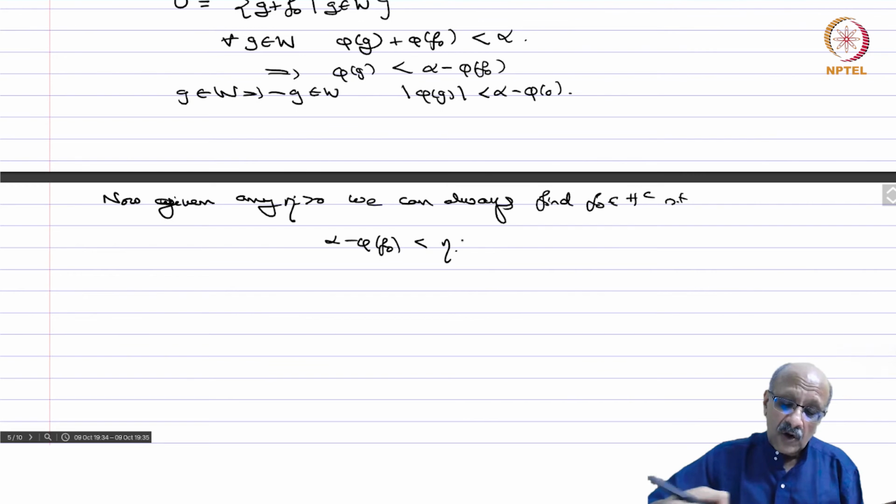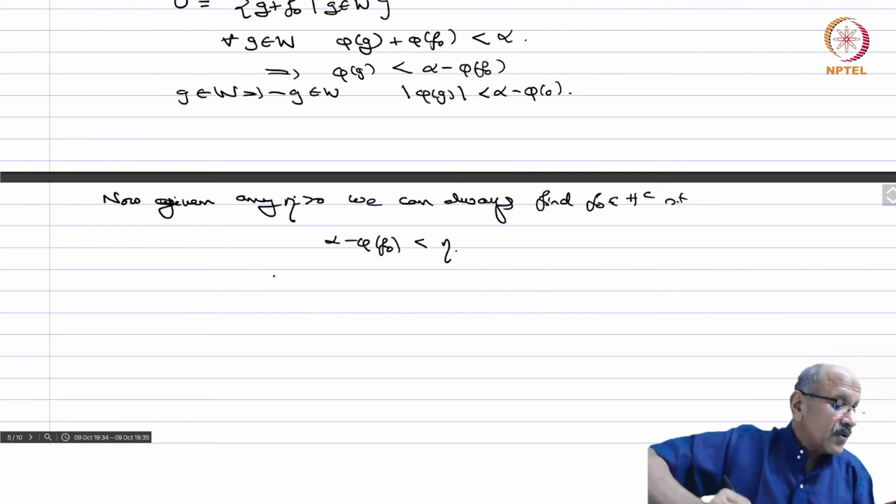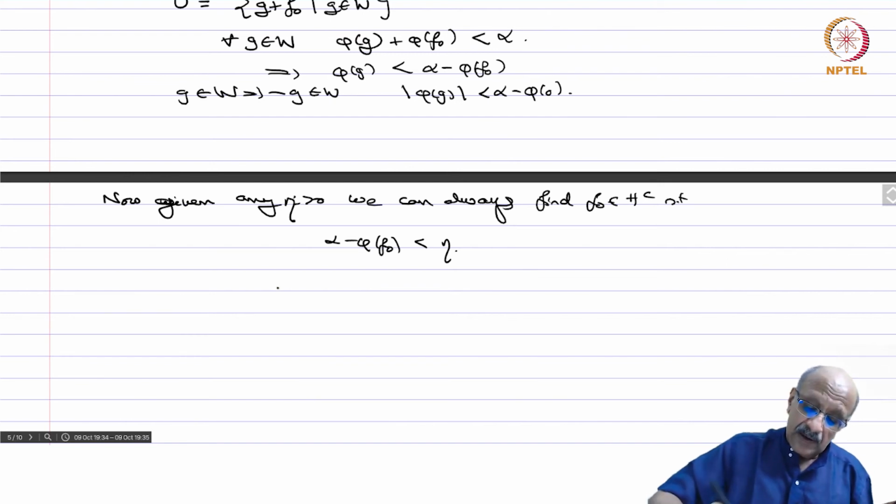choose, because you take a point in H and then you take any point F. So H, everything is f of x, phi of f is equal to alpha. Take a F naught which is phi of F naught which is strictly less than alpha, draw a line between these two, and then as you move along the line by the intermediate value theorem you can get any number which is less than eta. Okay, so this is possible, and therefore you have that